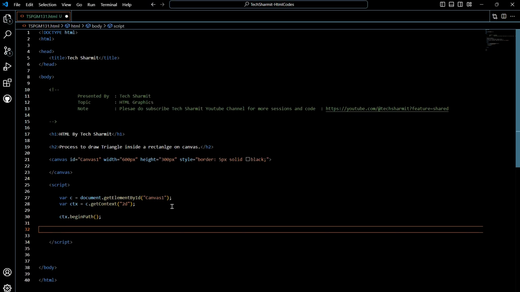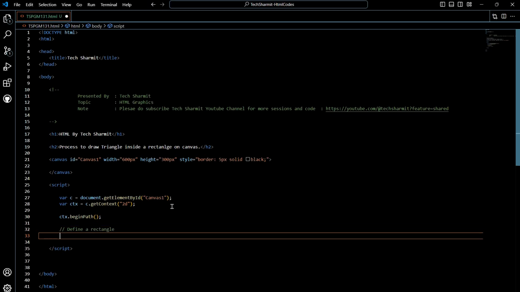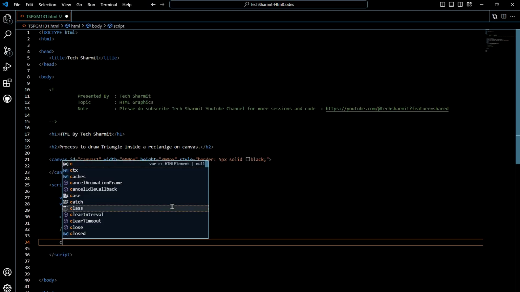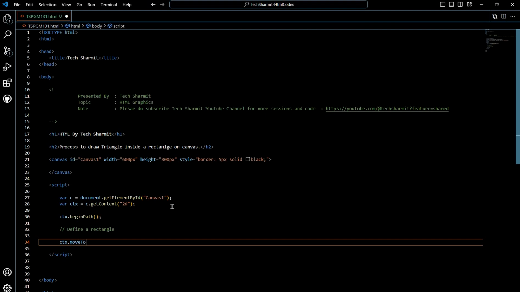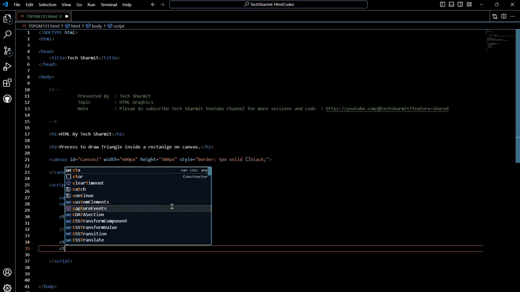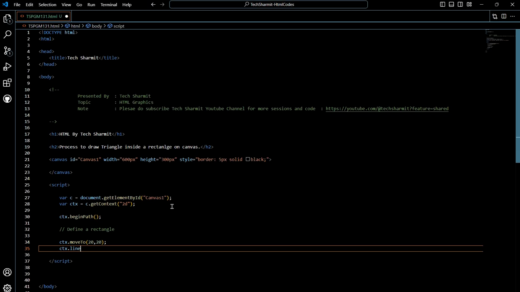After that we will use one comment line. In JavaScript we use // for the comment line, and here we will write define rectangle. Now we will define the rectangle. For that I will write ctx.moveTo. What moveTo will do is set the starting point from where we are going to create it. Then we will write ctx.lineTo